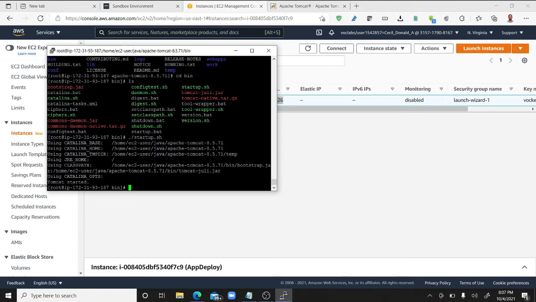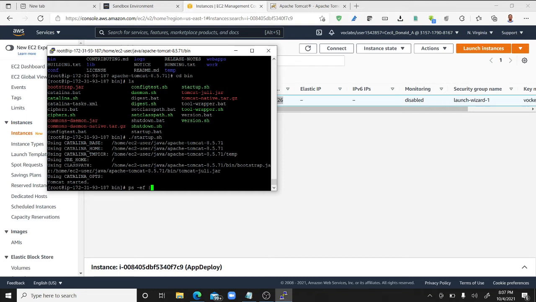here it will not run directly. We need to do some modifications. Before that, let me check whether Tomcat is running successfully with the grep command. So what is the use of the grep command? It will find with the keywords.